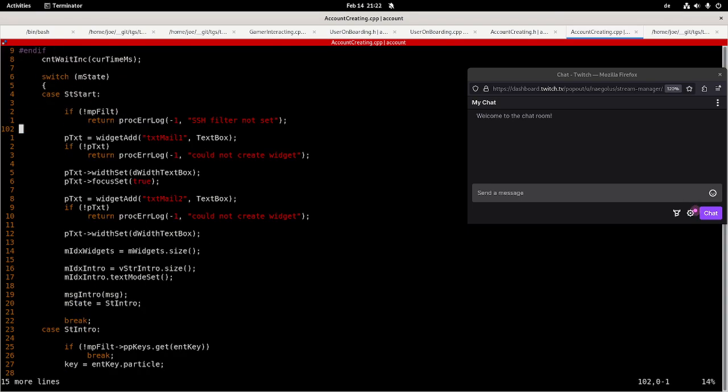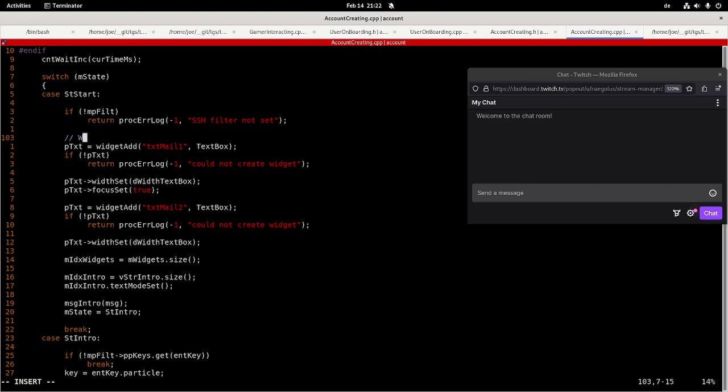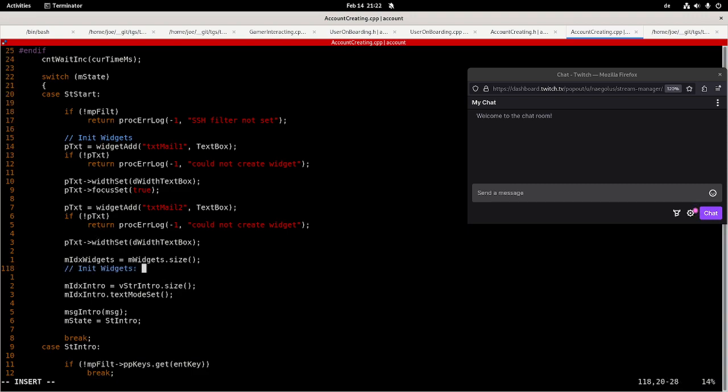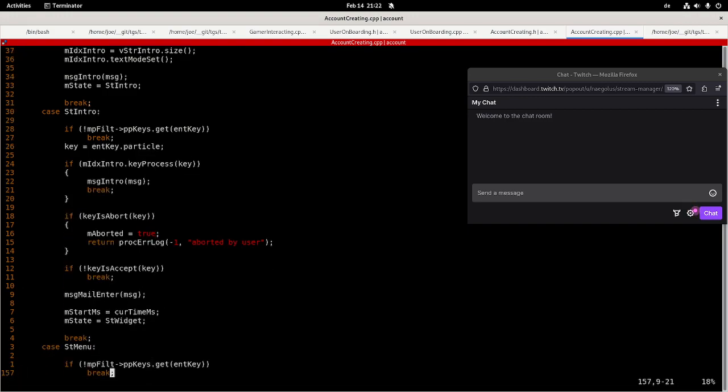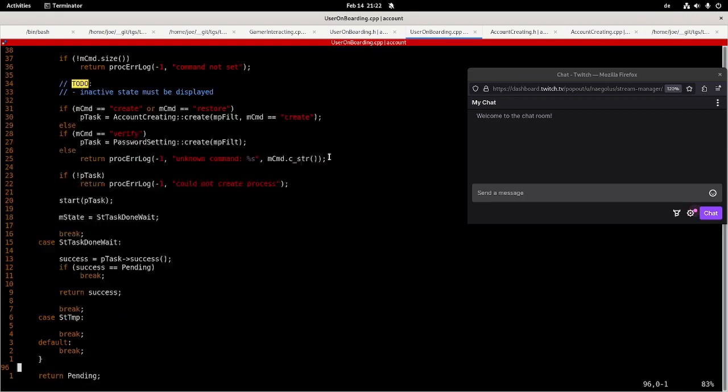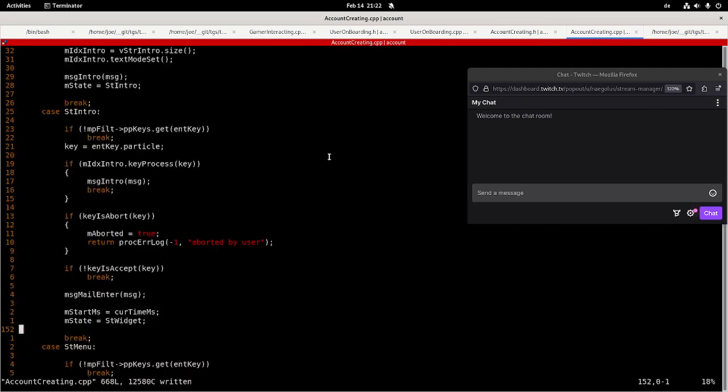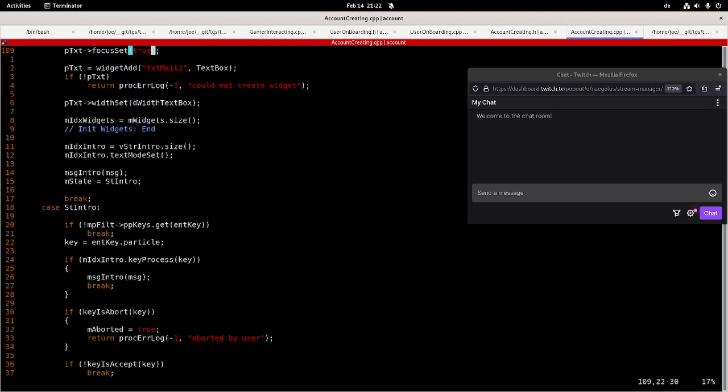After we have created these widgets, widgets, init widget, and okay. If we enter